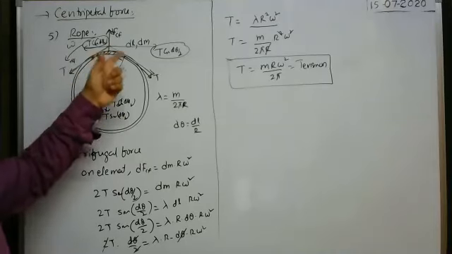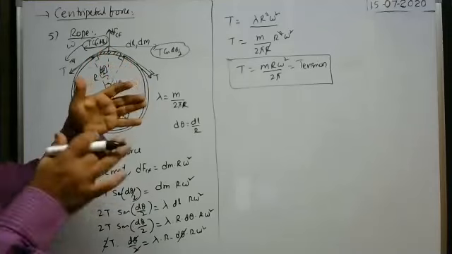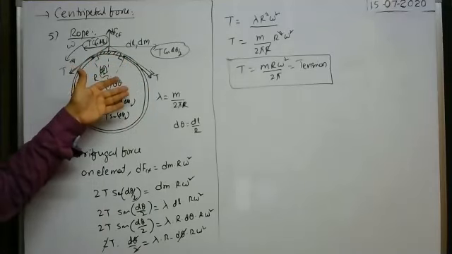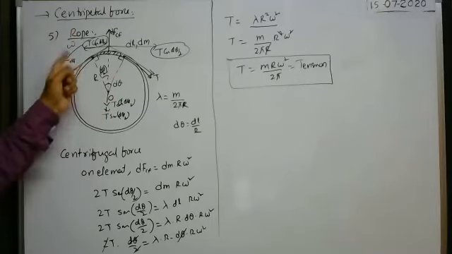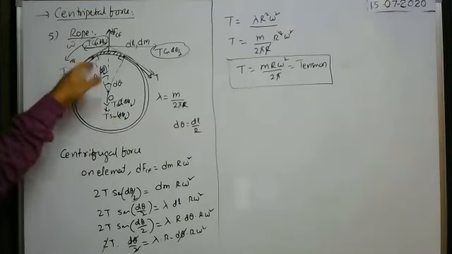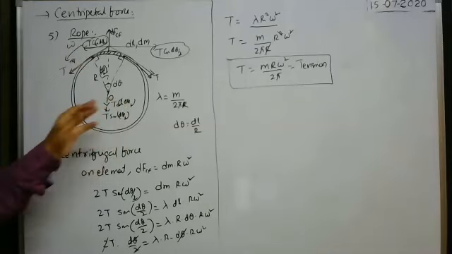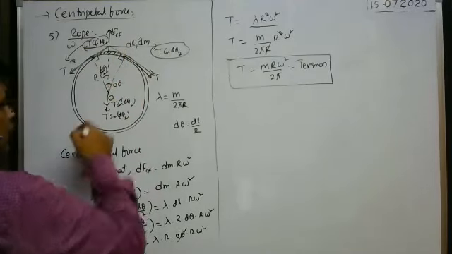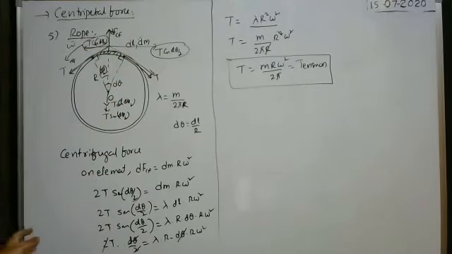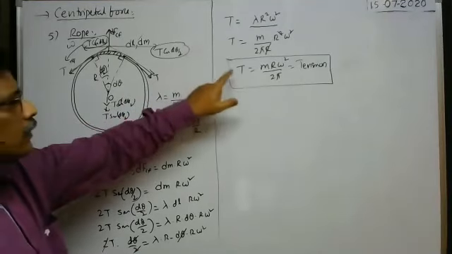The water in the pipe, or the liquid in the pipe, tries to move away from the center of the circular loop. But the edges of the pipe exert a reaction force on the loop inwards. Instead of tension, the reaction force we have to take in this direction is N. Normal reaction acts in this direction. You resolve them into components. Same formula you will get.